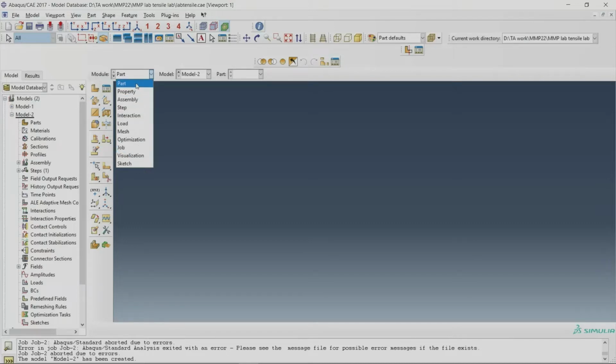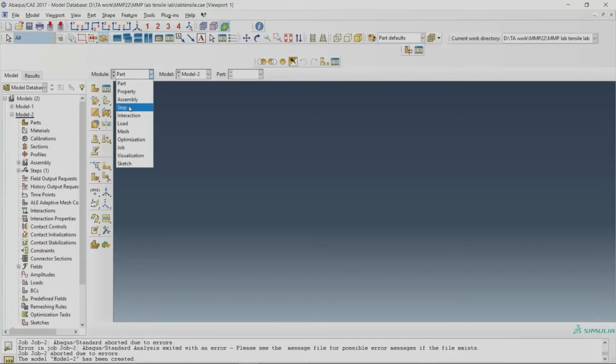Part means the geometry that we are going to make and simulate, such as a tensile test or any other kind of test, such as 3-point bending. You can design any kind of geometry or any kind of test in this software. Then there is property, that is your material property. Assembly, if you have multiple objects, we can assemble and simulate.